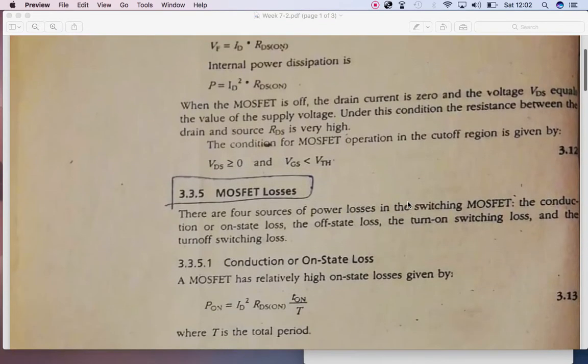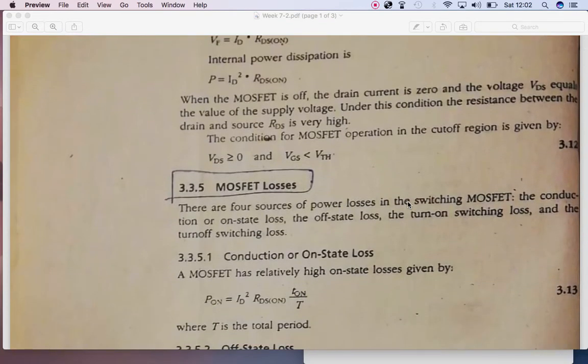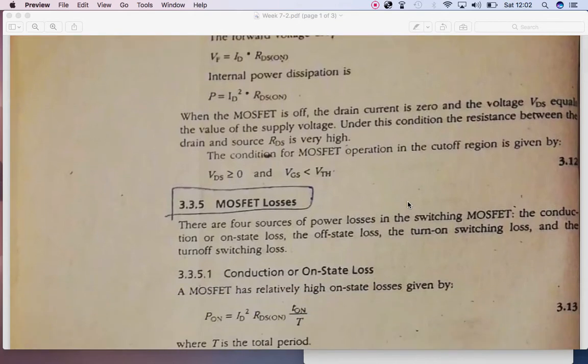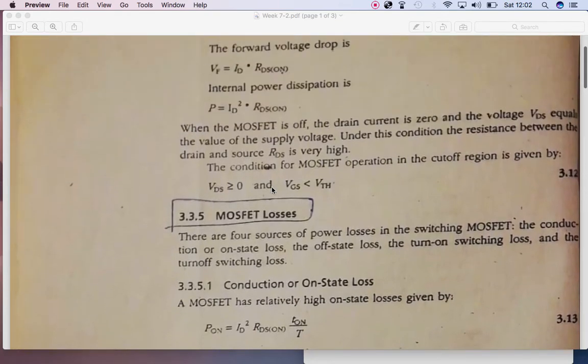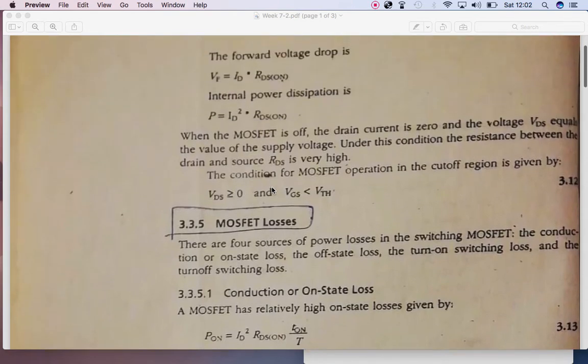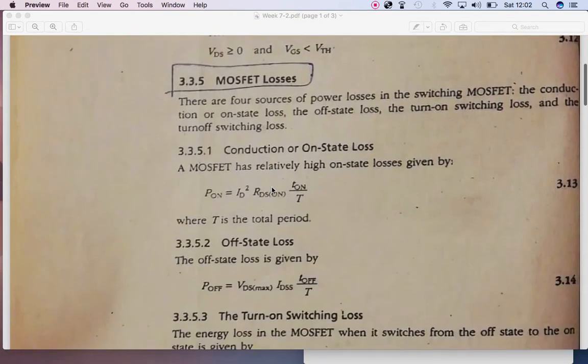Hi, in this lecture I will be discussing the losses in power MOSFETs, and for that I have to tell you some formulas over here. So firstly we have to see the formula of the power loss during the on state of the power MOSFET,